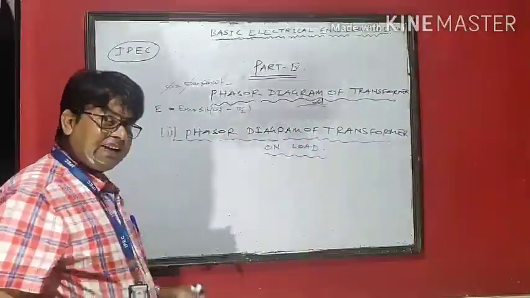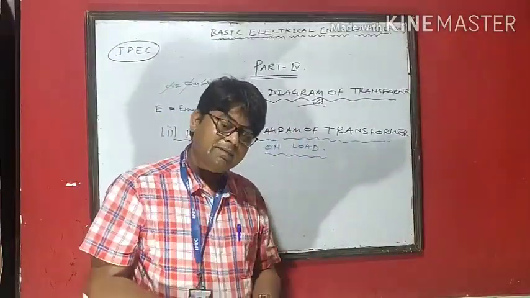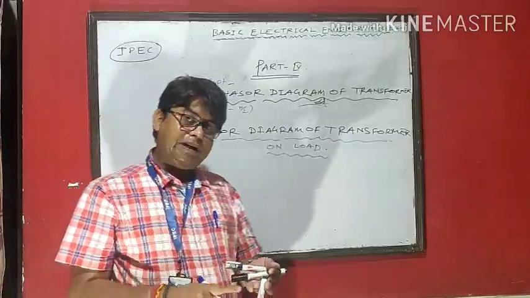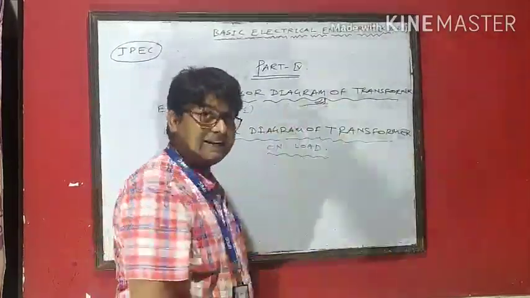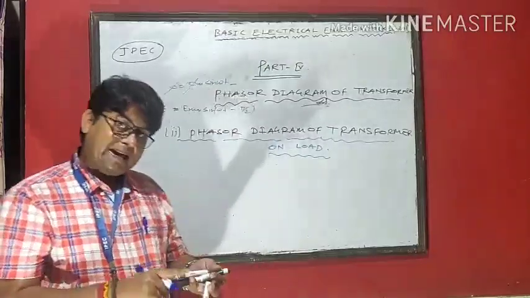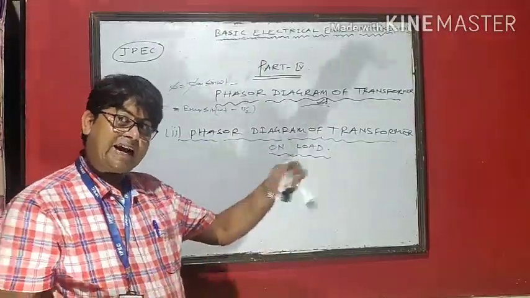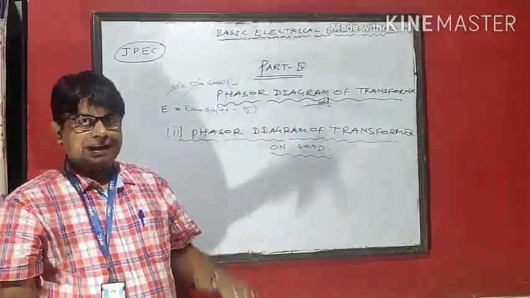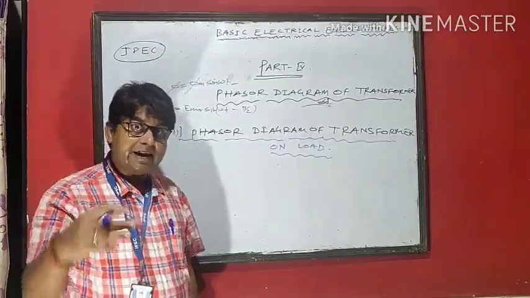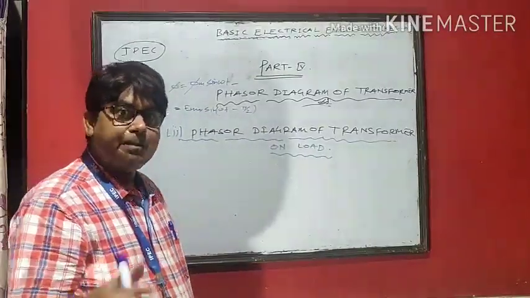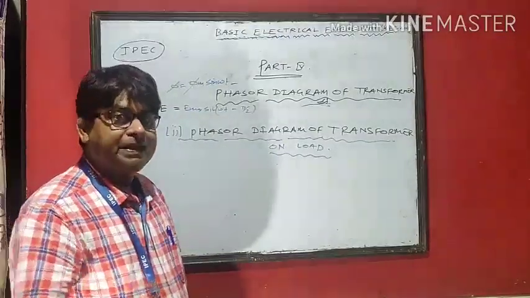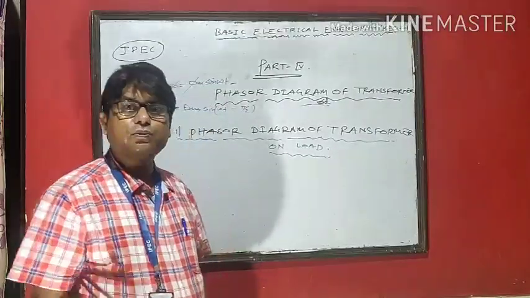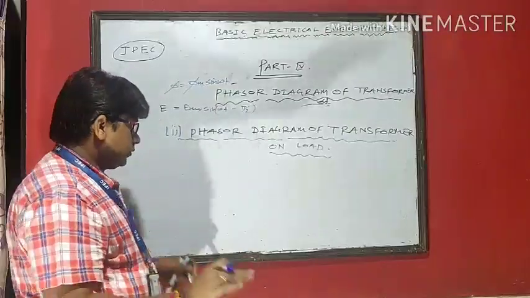We generally have three loads: one is resistive, one is inductive, other is capacitive. Resistive means voltage V2, where is the load connected? That is the secondary side. The voltage V2 and I2 are in the same phase. Only the secondary side will change. In case of inductive, not pure inductive, inductive means lagging: current is lagging by angle phi 2. In case of capacitive, current is leading by angle phi 2. So there are three loads.